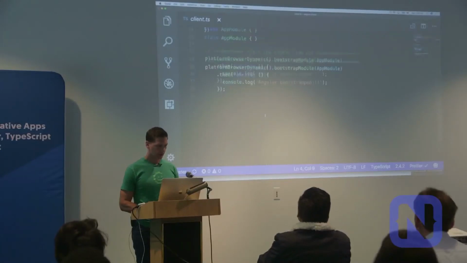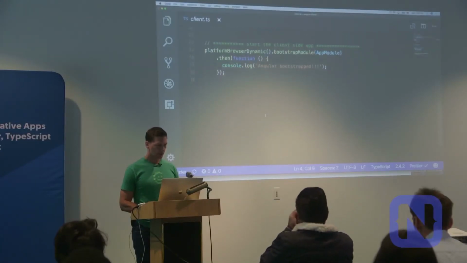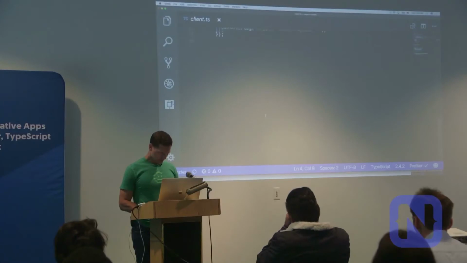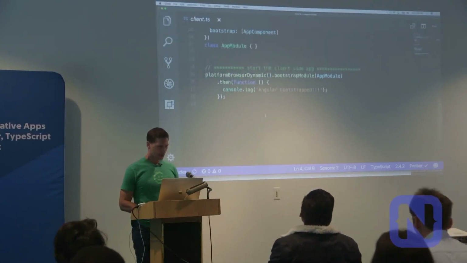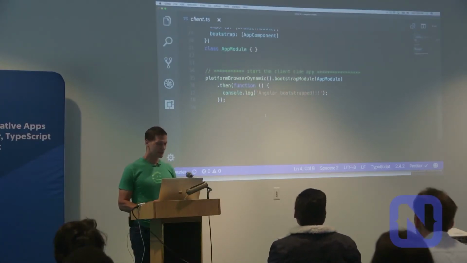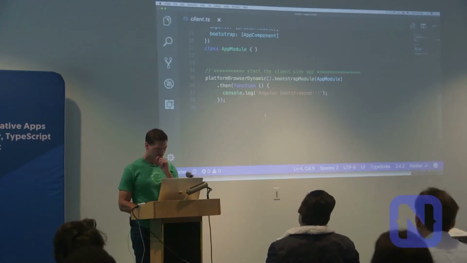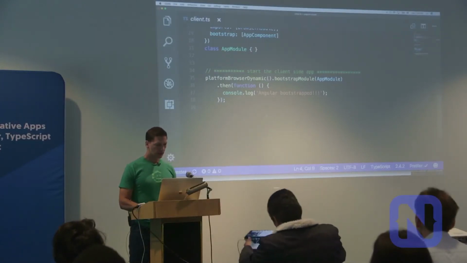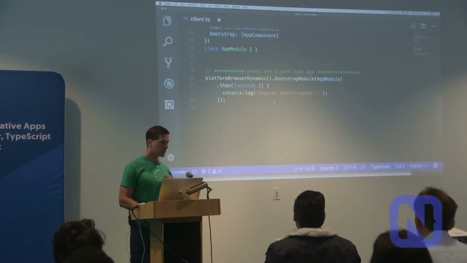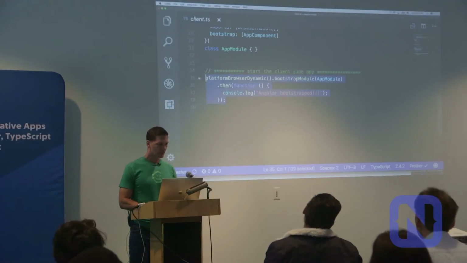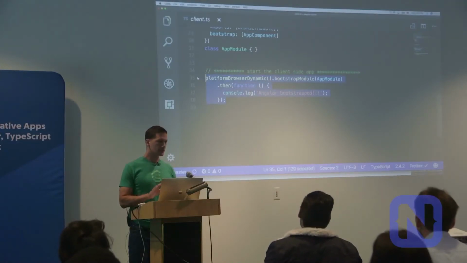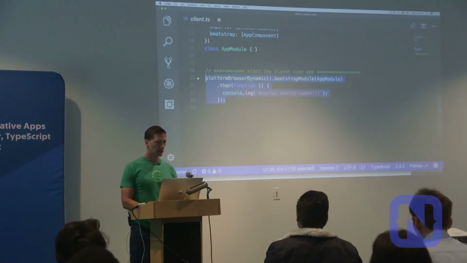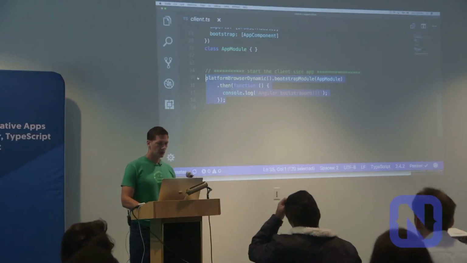Okay. Let's actually start from the bottom up. So this is all one file. It's only 38 lines of code. So an Angular app in 38 lines I think is pretty good considering how big it is when you use the CLI. And this is not using the CLI. This is just sort of handcrafted. Okay. But this is TypeScript. This is using the same underlying framework.